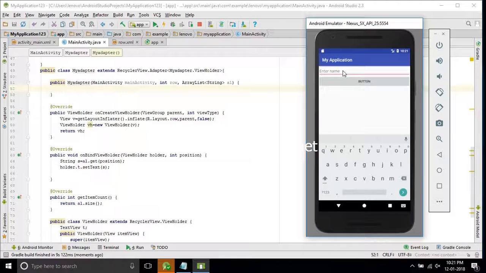I will enter 19. Now it came, the background of the text view also changed. Okay, this is how the